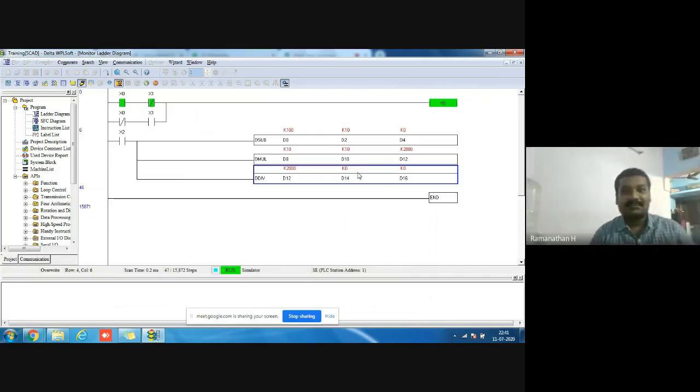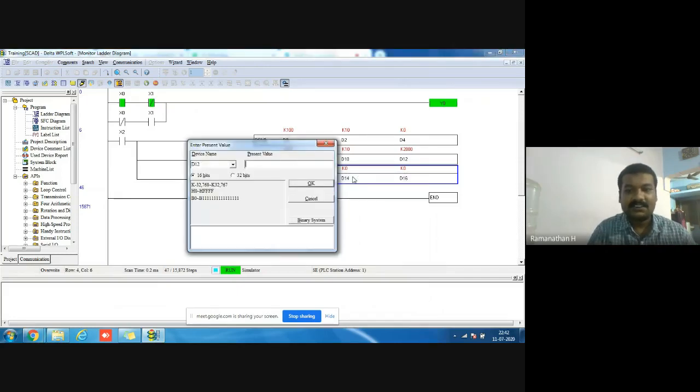What the mistake is: the multiplication result and the division's dividend are both the same register. Okay, no issue. We will check it.